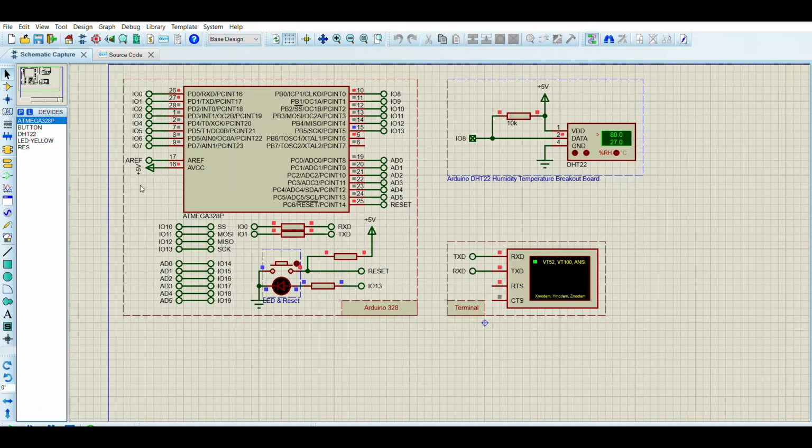Here we can see the virtual terminal window in which the readings are given. Now we change the readings of the temperature and humidity step by step and see what the output of the program is.